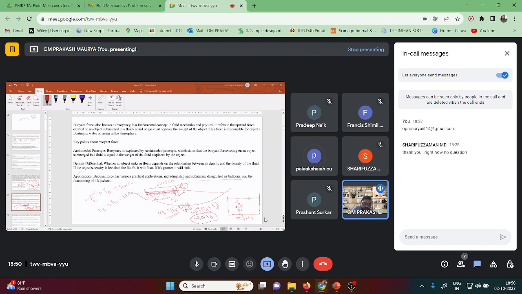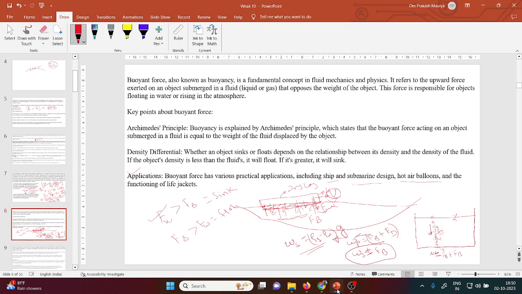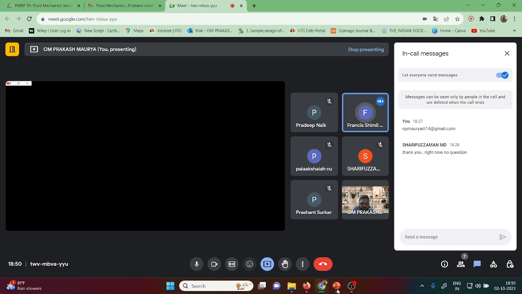Okay, sir. If you want to know more about it, just Google it. Google Stokes' law, when the particle is moving downward in the water flow. The concept is this, but if you want more, then you definitely go through the